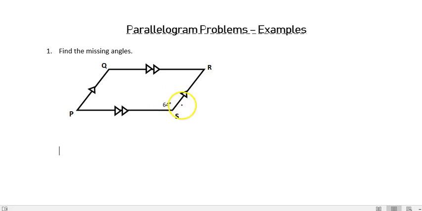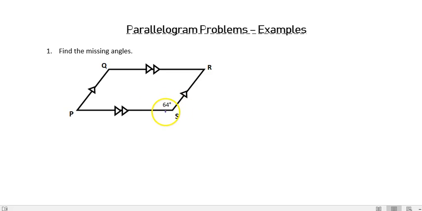Now, obviously, this looks like an obtuse angle, and I've put a 64 here, and I probably should have put it over here. But we're just going to go with it because we can use the property the same way. And yes, in a realistic situation, it would probably be over here. But in this case, we'll say that this is 64, and